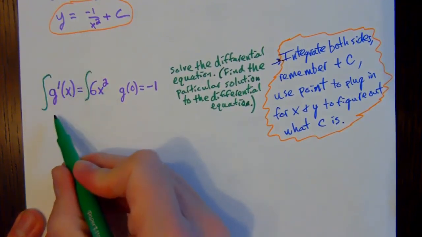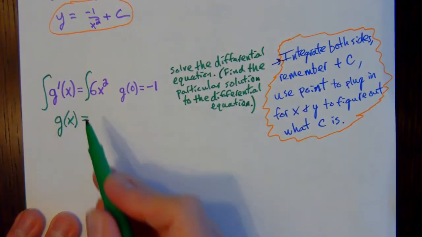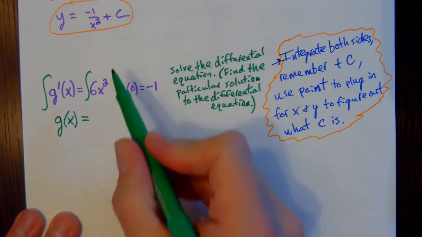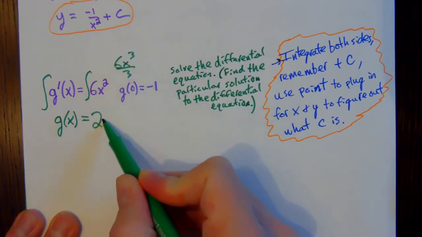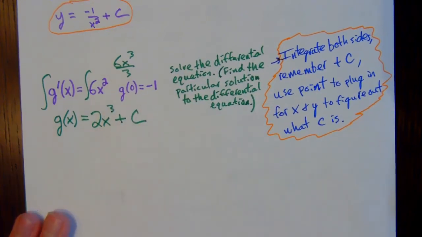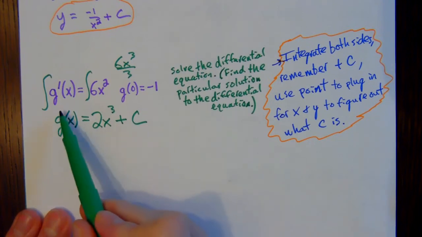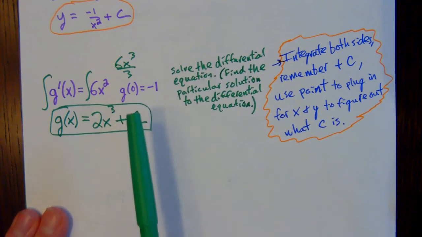And so when I integrate the g prime, you know that's going to give us the original function. That's going to give us g of x, and then just integrate that. This is our easy power rule. So that's going to be 6x cubed over 3, which is going to represent 2x cubed. But you have an indefinite integral there, so you got to put in that plus c. So this is the general solution to the differential equation, but we're not done there because they give us a